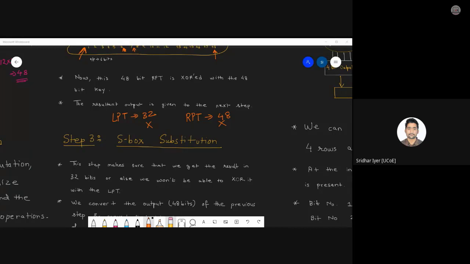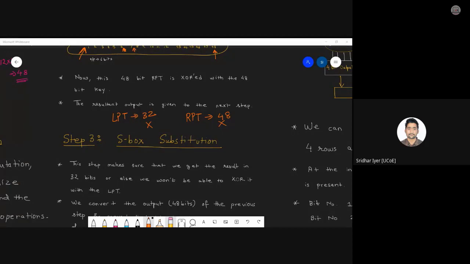So we are increasing the difficulty from the attacker's point of view, so that cracking the ciphertext is not that easy. That's why we are adding these many steps in between. From 32, we converted that into 48, and after the next step, that is the S-Box substitution, we will again get back a 32-bit value.